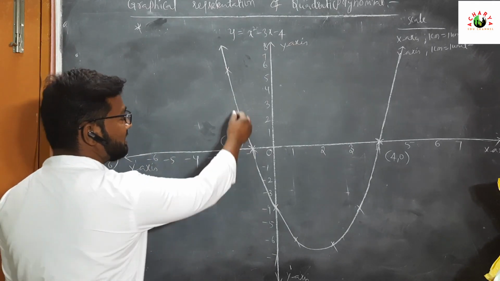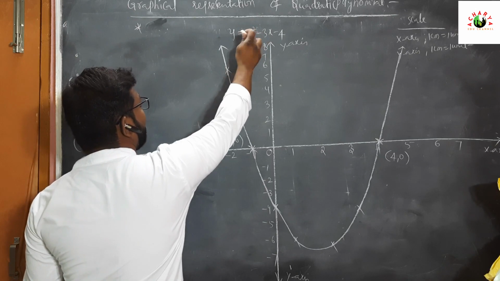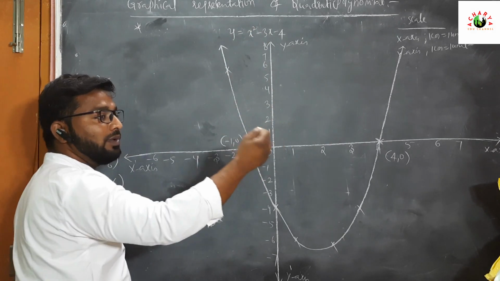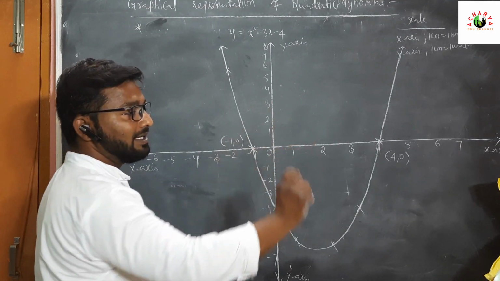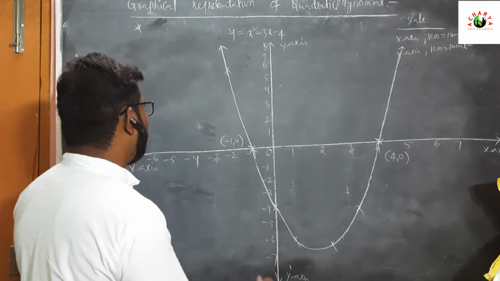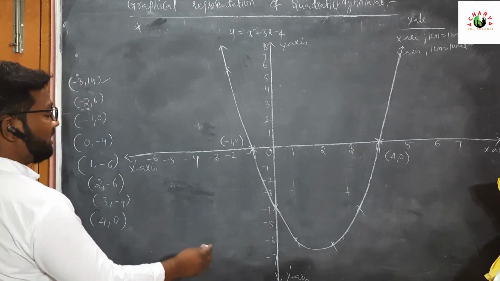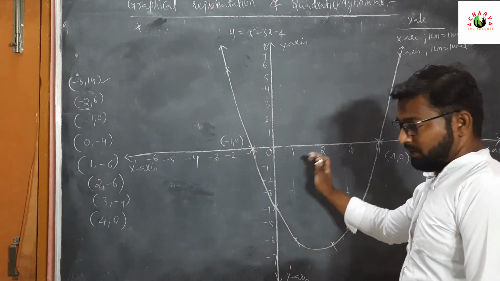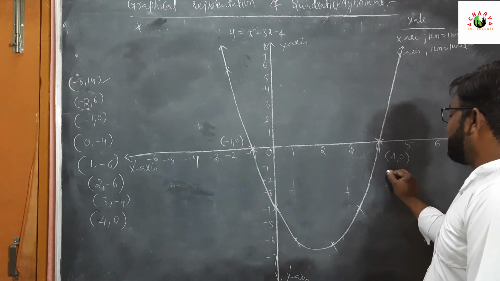Once we check, this is a quadratic equation. If the x square coefficient a is greater than 0, that's why it is in the upward direction. If a is less than 0, the graph is downwards. Now we have to verify with the factorization method. In the examination, always verify with the factorization method on the right side of the graph page.